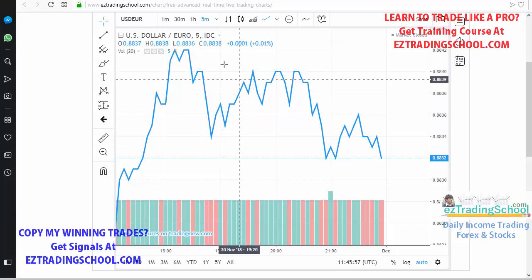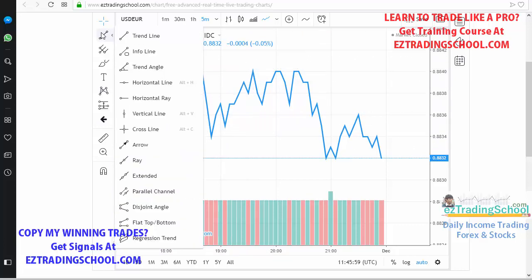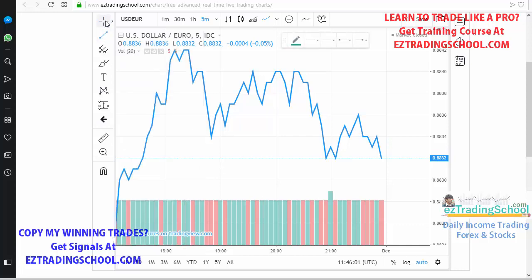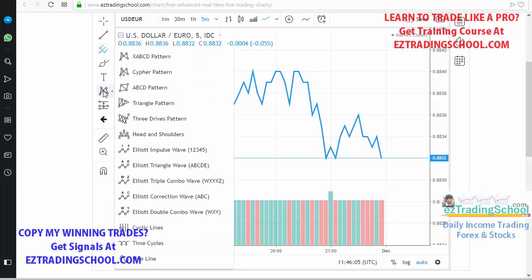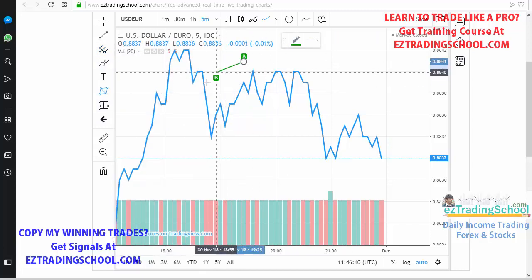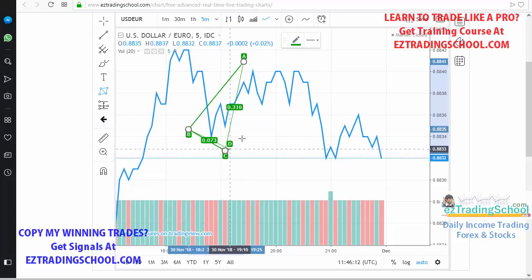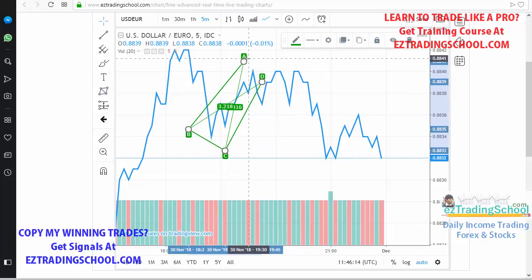So between this area and this area only, I'm going to draw a box, a pattern, so between this box here,